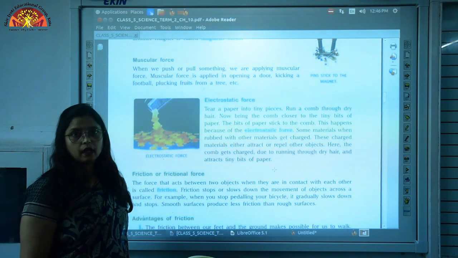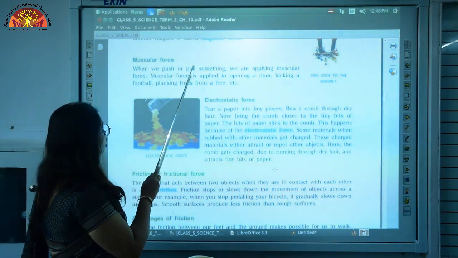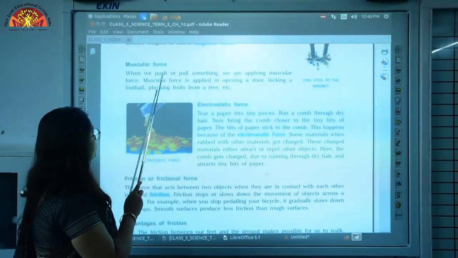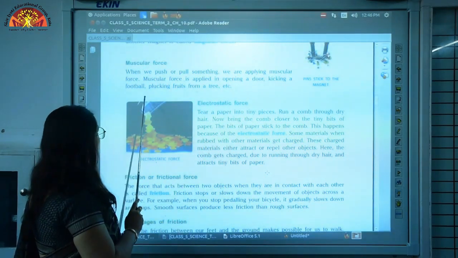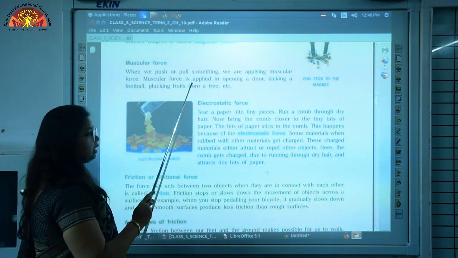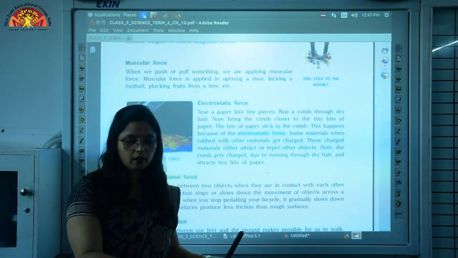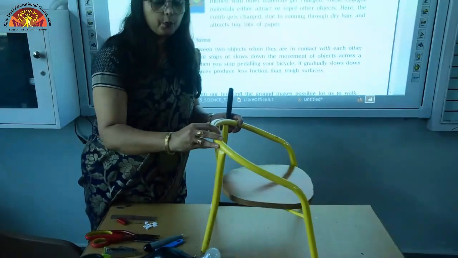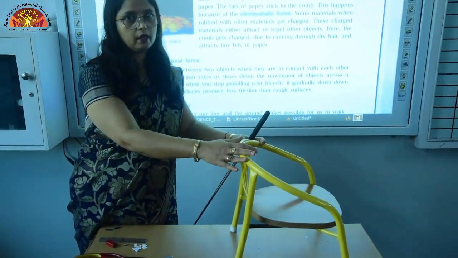So children, another type of force here is muscular force. When we push or pull something, we are applying muscular force. Muscular force is applied in opening a door, kicking a football, plucking fruits from a tree, etc. Now let us see one more demonstration over here. So children, see, this is a chair. Now when I am pushing it, I am using the force of my muscles,